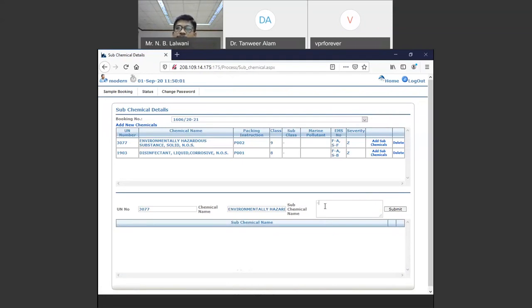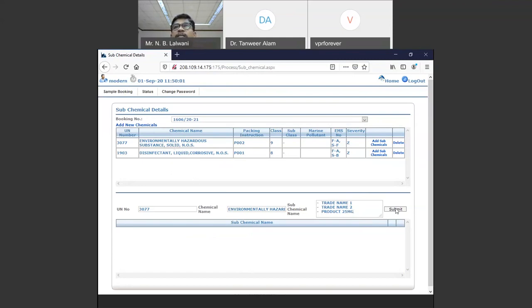Subchemical name you can mention. Some trade name, whatever trade name or chemical name you have, you can mention it. And if you have multiples, you can mention this way. Whatever product name, if you see the MSDS, on the top the first name will mention what is your trade name. So it is up to you. If you want to keep your trade names, you can mention it, or you can just take the certificate with only the proper shipping name.